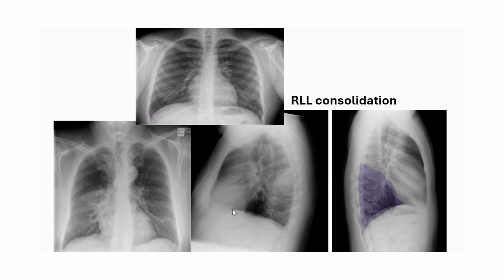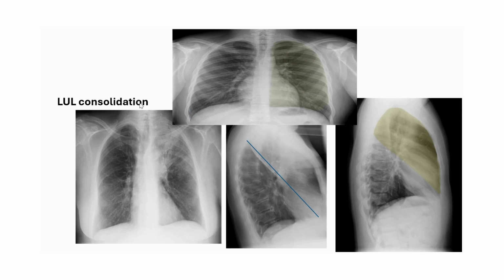So in this image, we can see the oblique fissure, and the area posterior and below this is the right lower lobe consolidation. Now next is the left upper lobe. In the PA view, it is the upper and anterior part. So this is the upper lobe, and this blue line denotes the oblique fissure. This is the sharp line. The opacity lies in the left lung field in the upper and middle zone, anterior to this oblique fissure. So this is the left upper lobe consolidation.